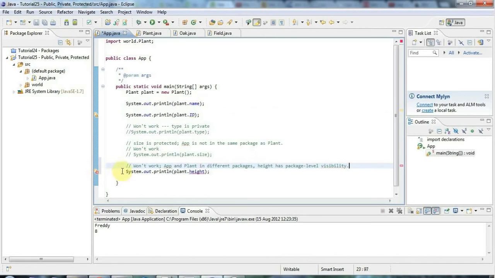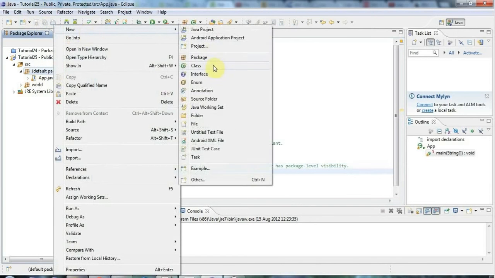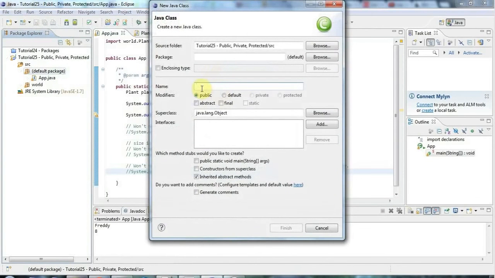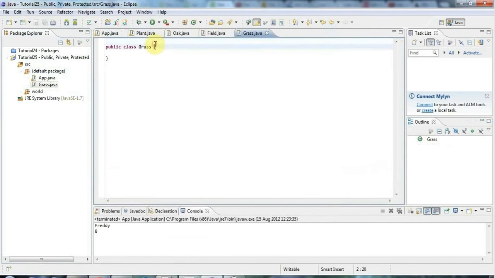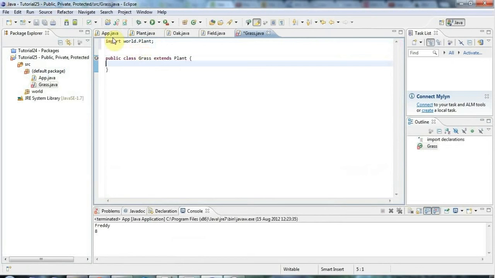But there's just one more possibility here, which is that I could create a new child class here. Let's say new class, and let's call this grass, and I'm going to say grass extends plant, and I'm going to just add the import there, Ctrl+Shift+O, to import world.plant, and let's give this a constructor, so public grass. And now, supposing I try to do sysout